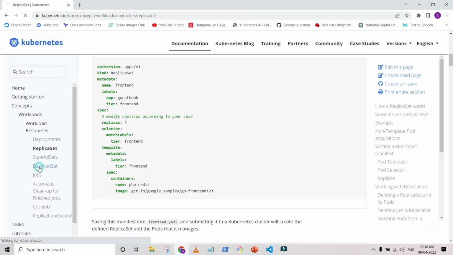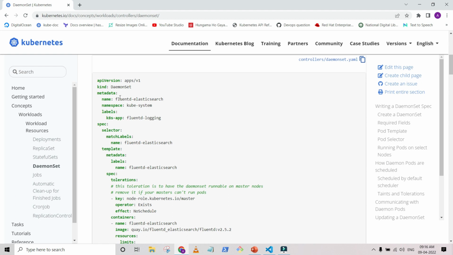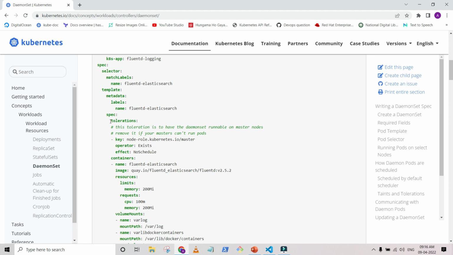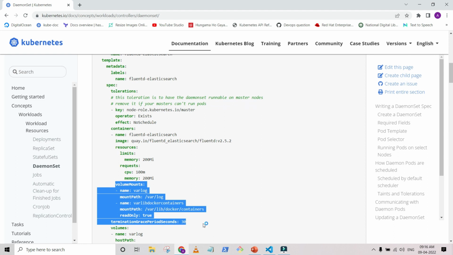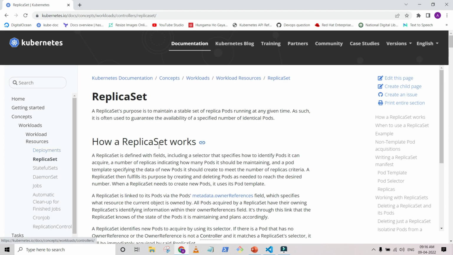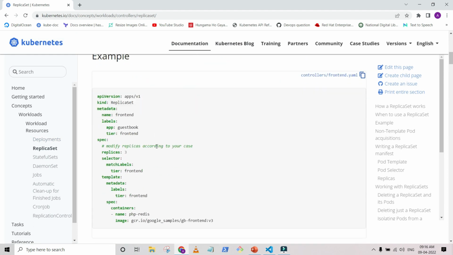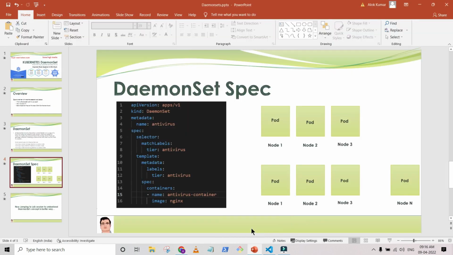Okay, so you can see, if you refer to the daemon set specification here, it has several things included in this particular specification file, like the tolerations. It also has the tolerations and volume mounts, so you might get confused. So consider the replica set, because I already have a video on the replica set, and if you see the specification of the replica set, I only changed the kind. Okay, now coming back to the slide,